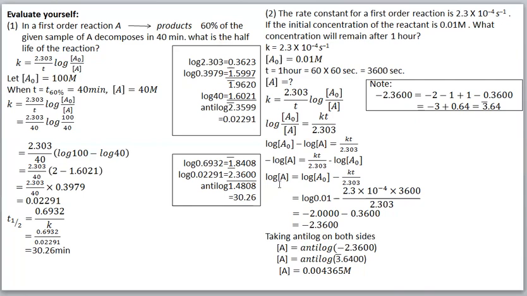On the left side, log is there. We take anti-log, so we will get A only. So the concentration of A is equal to the anti-log of this number. How to take the anti-log of this number? There is another problem. You see, here minus is at the beginning. That means the whole number is minus.